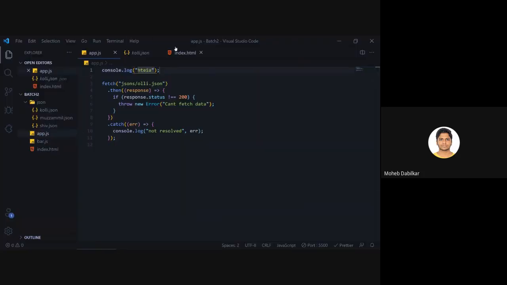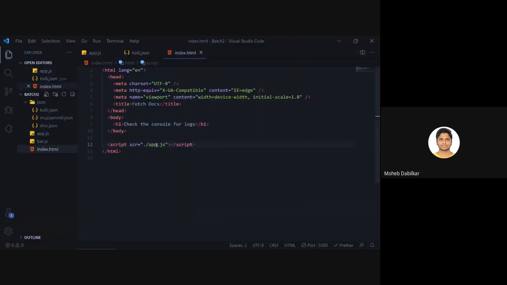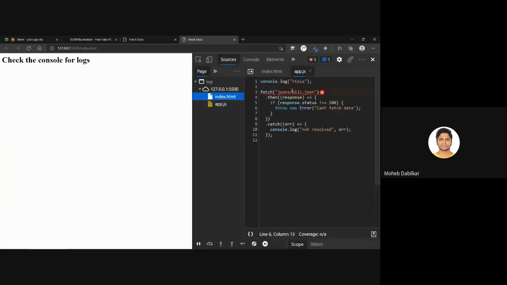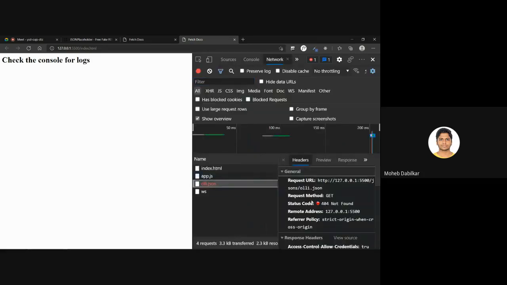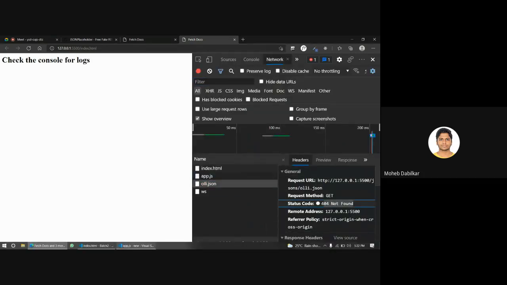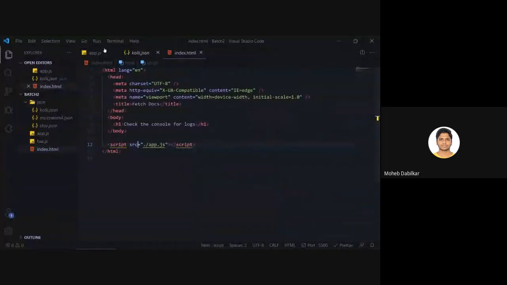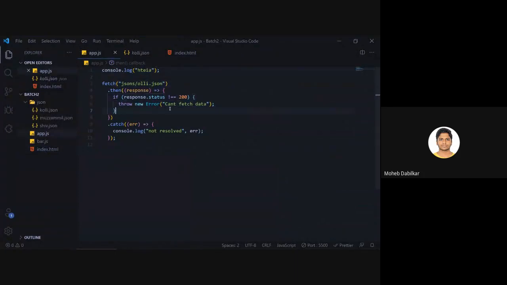Okay, so the script has not been attached to the index.html page part. Oh yeah, it should say src, right? So that is a problem. Yeah, you see it says couldn't fetch data at app.js 6 and it says an error. And when you go to the network panel, it will show a 404 not found. Okay, so let's just stop opening that again and again. And if you see, we say can't fetch data, it shows a nice new error for us.